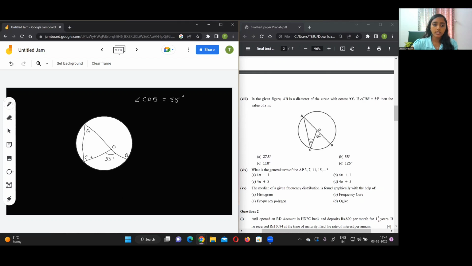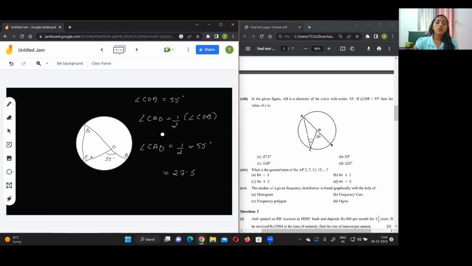So angle CAO is equal to half angle COB. So angle CAO is equal to half into 55 degrees, which comes to